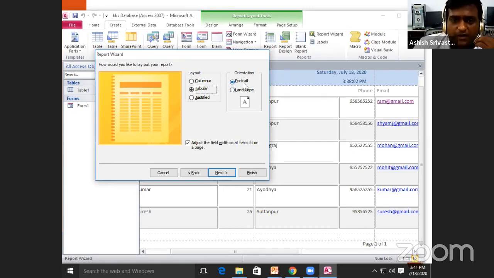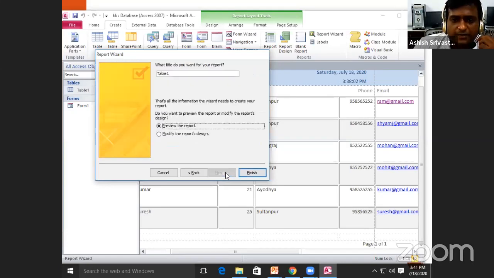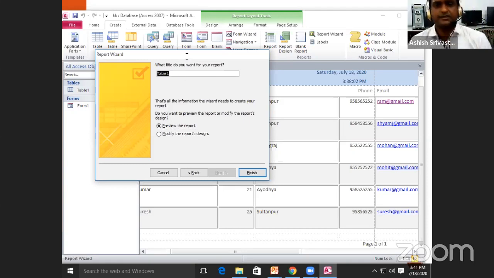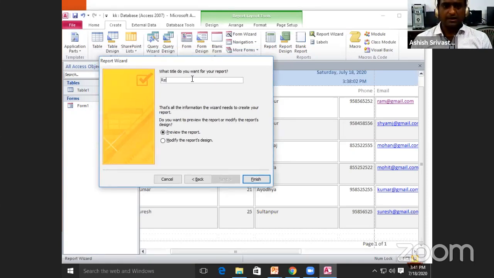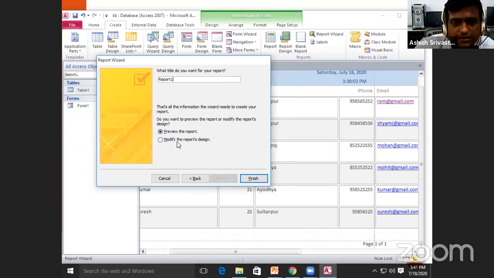So मैं यहाँ पर portrait orientation लेता हूँ और फिर next बटन पे क्लिक कर देता हूँ। फिर यहाँ पर टाइटल फॉर द रिपोर्ट पूछा जा रहा है, तो यहाँ पर आप कोई भी टाइटल लिख सकते हैं। सपोज दैट कि मैं यहाँ पर रिपोर्ट 1 राइट करता हूँ एंड आफ्टर दैट प्रीव्यू द रिपोर्ट एंड मॉडिफाई द रिपोर्ट डिजाइन। तो इस तरीके से यहाँ पर यदि हमें प्रीव्यू देखना है तो हम प्रीव्यू रिपोर्ट पर क्लिक करके यहाँ पर ऑप्शन बटन पर क्लिक